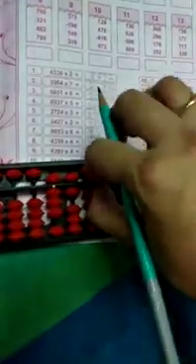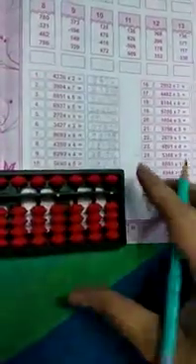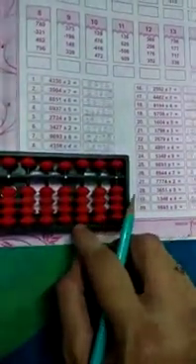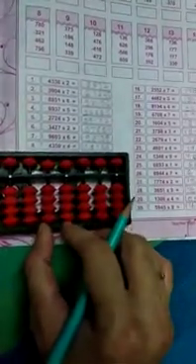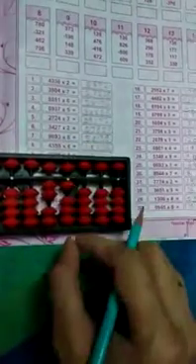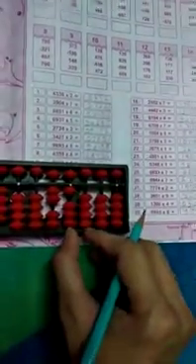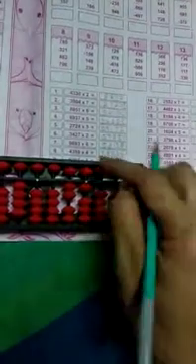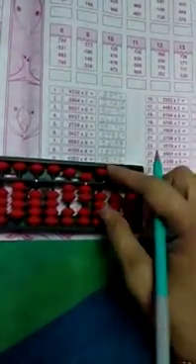Let me show you one more question and then we will end the class. Next is 7 will multiply 3. Remember how many rods do we need? We need 5 rods. 1 2 3 4 5. And we will begin with 5th and 4th rod. 7 3s are 21. Then these 2 rods, 7 9s are 63. This is 60 and this is 3.